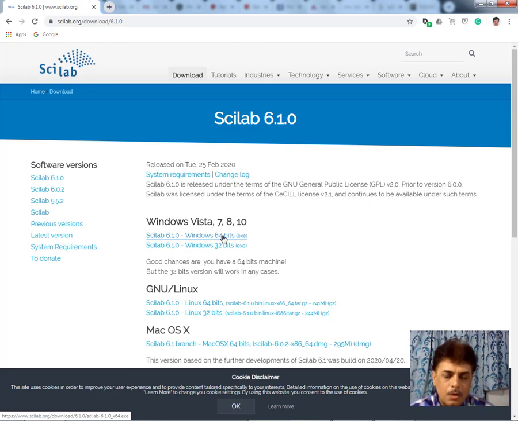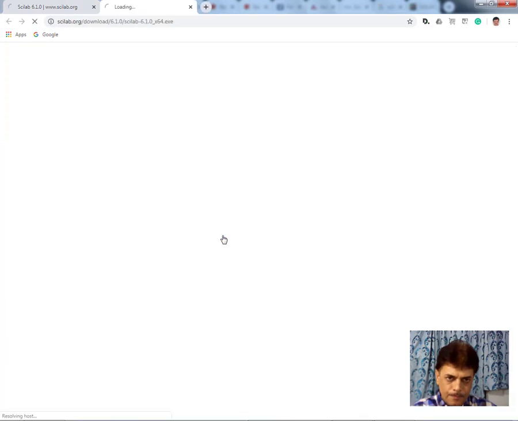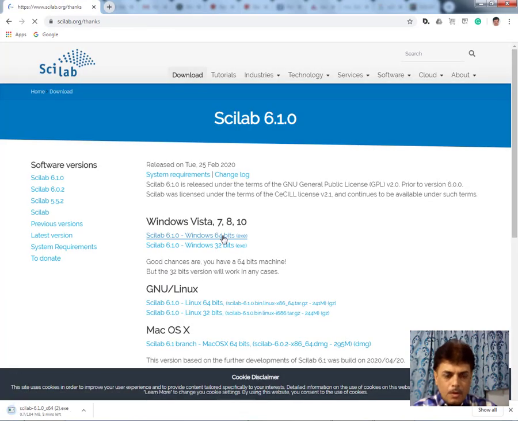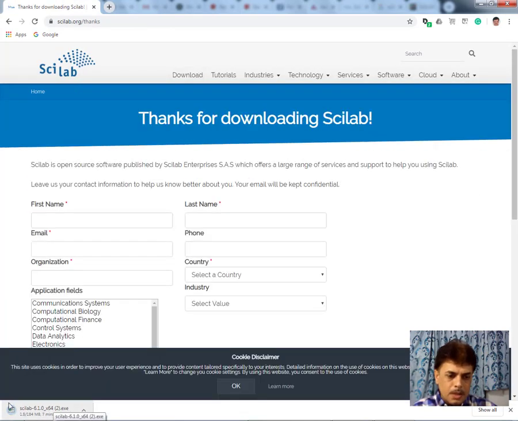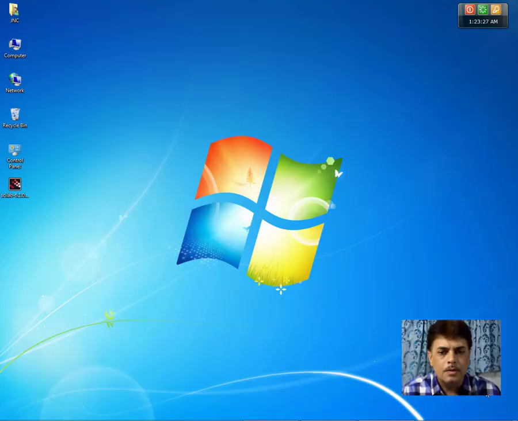But I have got a desktop in which Windows operating system 64 bits is installed. So I am going to download the setup for Windows operating system 64 bit.